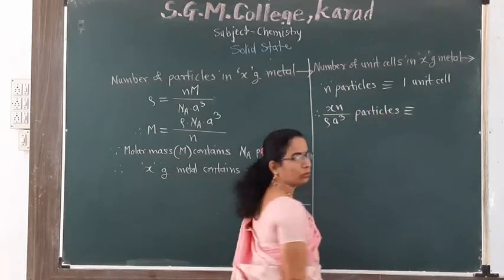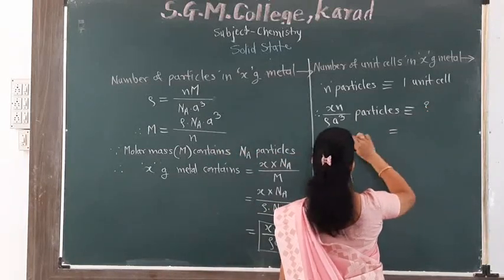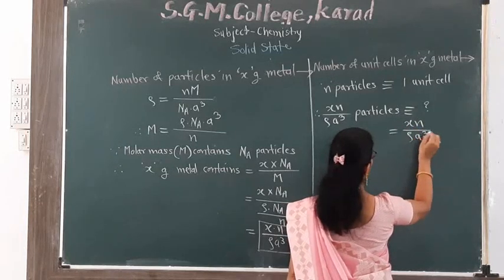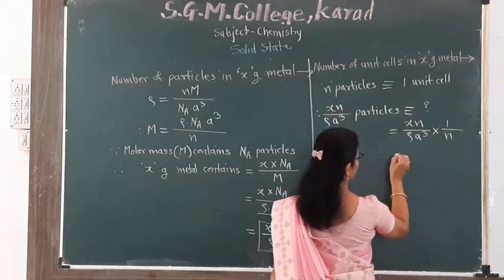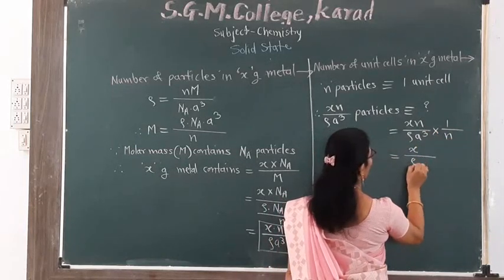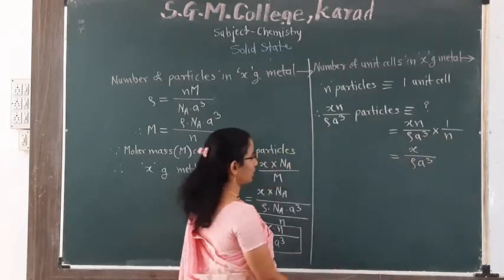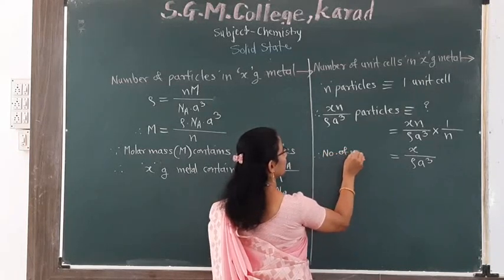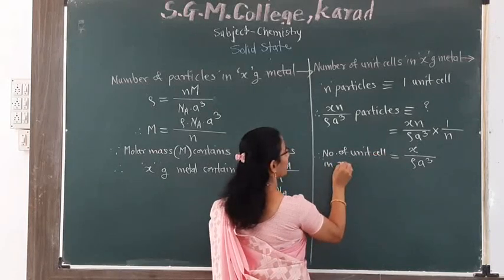Therefore, this many particles will correspond to how many unit cells? How is that calculated? See, Xn upon rho into A cube into 1 divided by n. Here you will get X upon rho into A cube, as this n and this n get cancelled. So, the number of unit cells in X gram of metal